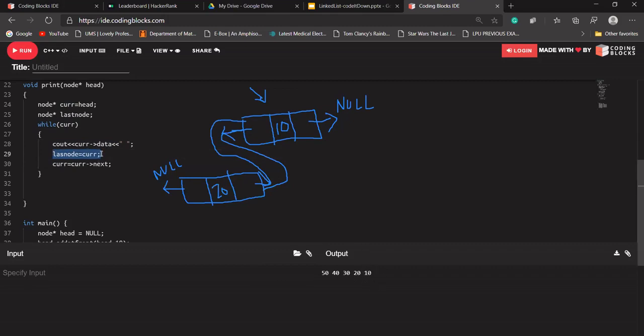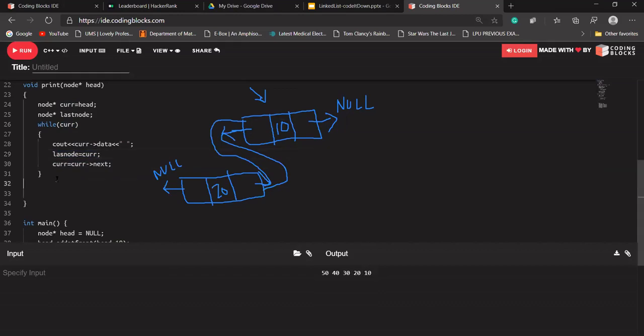Then current is equal to current's next, and 10's next will be null, so null is stored in current. This time the loop will be broken, and the last node pointer will have the address of 10.